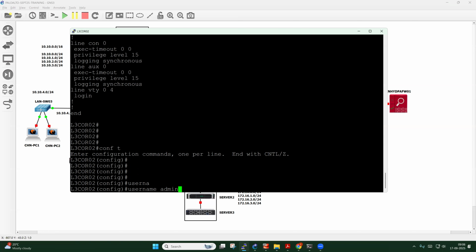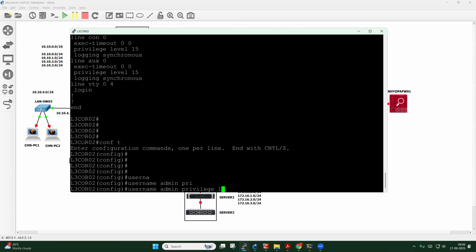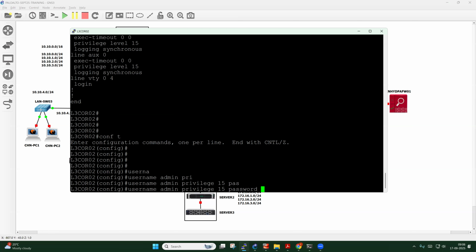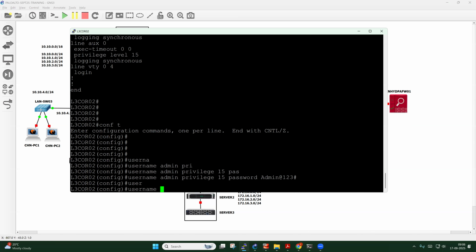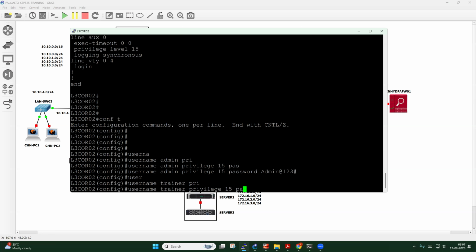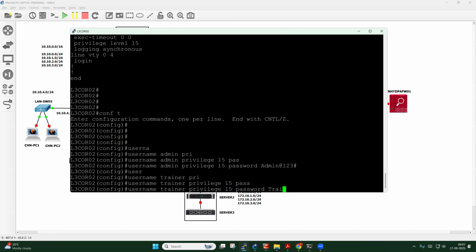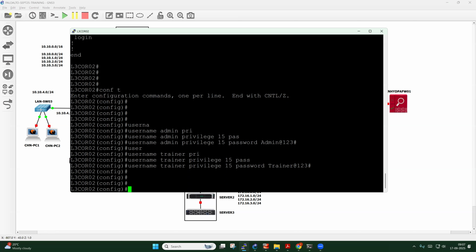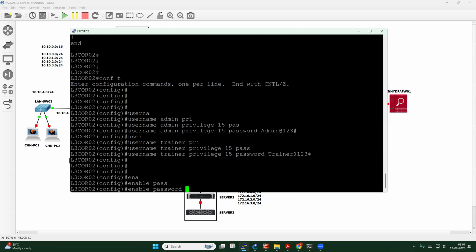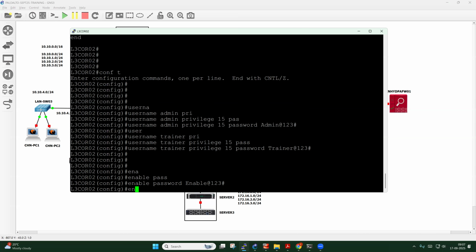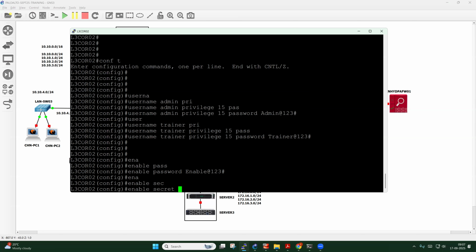Let's say I will mention it as admin, privilege 15, password admin@123#, username trainer, privilege 15, password trainer@123#. Okay, now enable password, enable@123#, enable secret @123#,